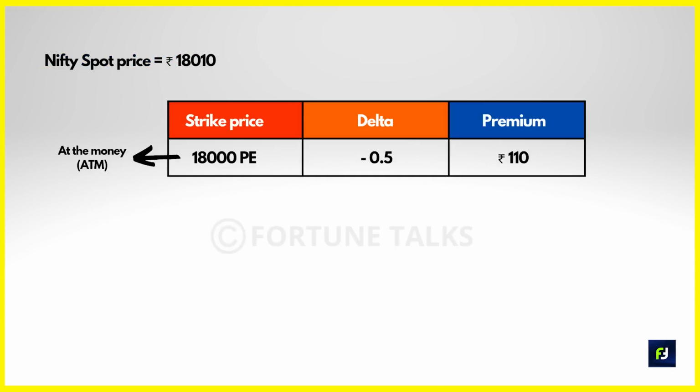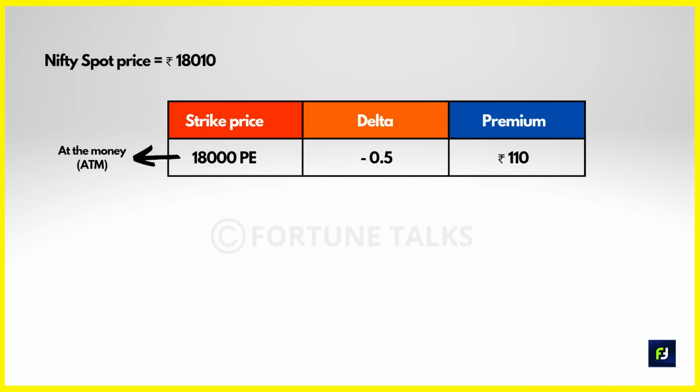Let's look at a similar example for put options to have a solid understanding of the concepts. Let's assume that the Nifty spot price is 18,010 and so the at the money strike is 18,000. Now if you consider the 18,000 at the money put option, which is priced at 110 rupees and the delta value is close to minus 0.5. This means for every 1 rupee change in the Nifty spot price, the 18,000 put option premium will change by minus 0.5, and for every 1 rupee drop in the spot price, the ATM put option premium will rise by